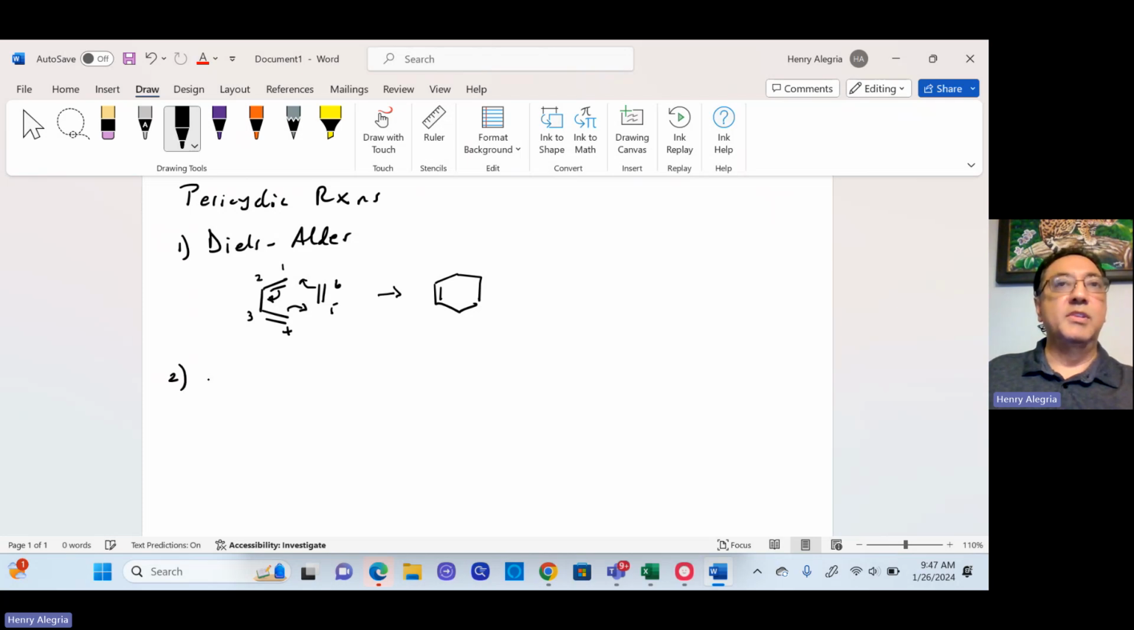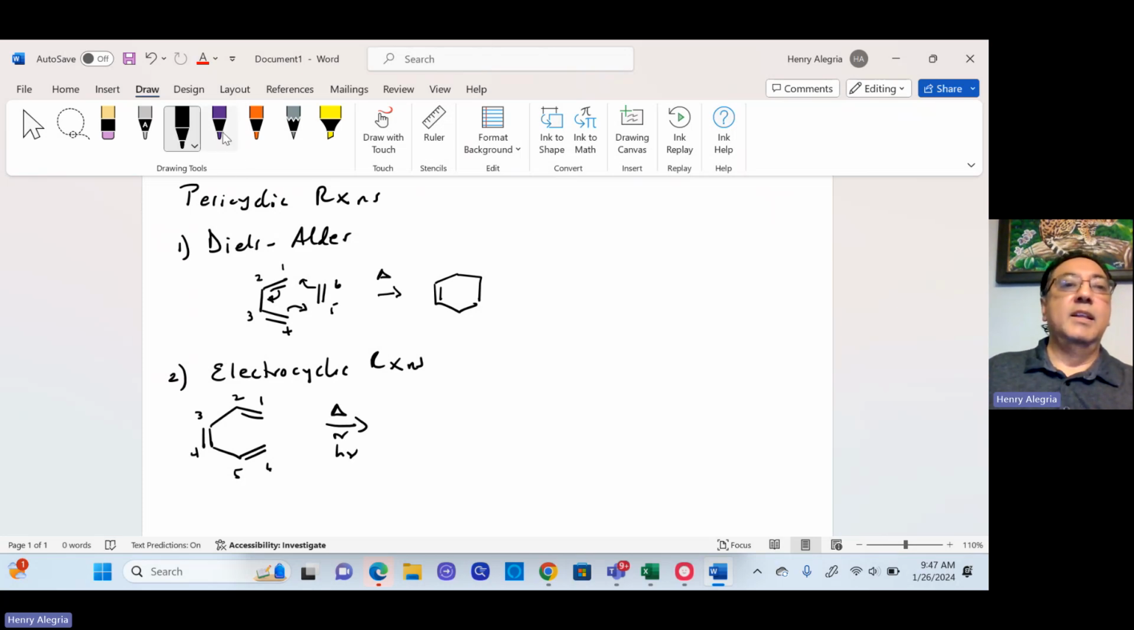The second type of pericyclic reactions that we'll cover are what we call electrocyclic reactions. In electrocyclic reactions, what we have is a situation like this. So again, I'll put numbers so that we're keeping track of our atoms. And again, there's going to be some heat involved here, some heat or possibly light. And what's going to happen here would be